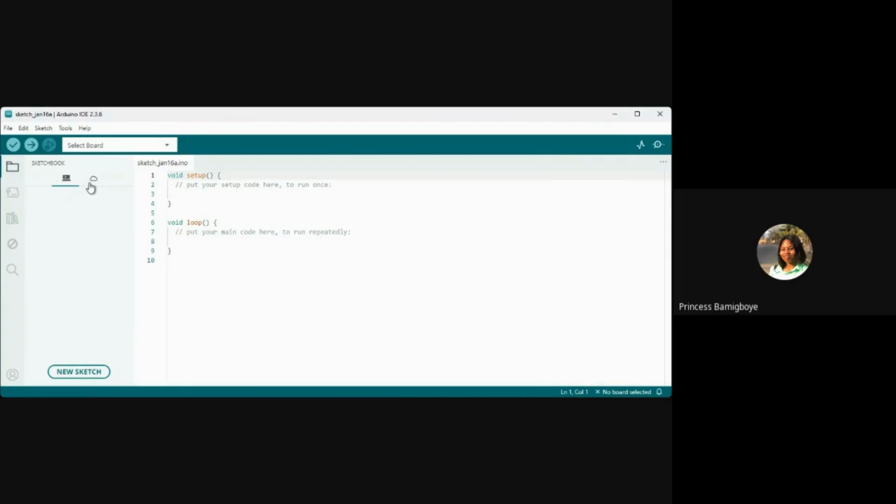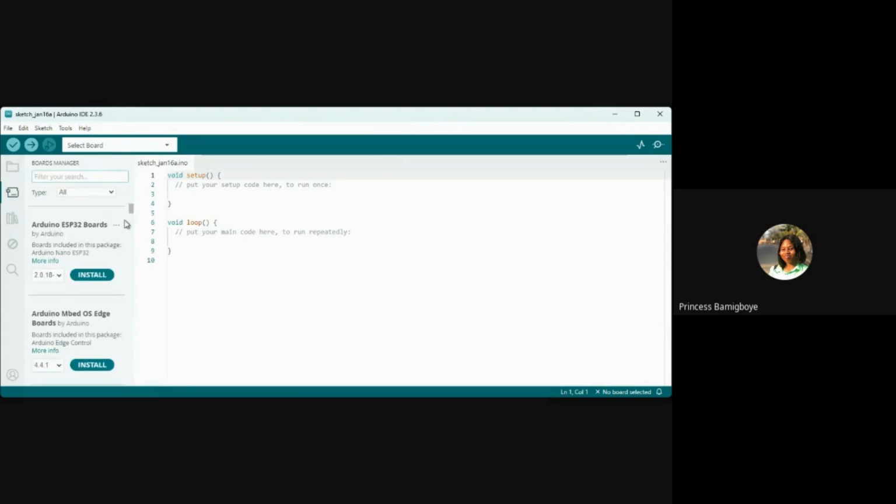Yeah, so that's what it does. Then this is for Arduino Cloud. We'll use this when we're working on IoT with Arduino. So this is for Arduino Cloud: sign in, then you see all your Arduino Cloud sketches, sync them, and all of that. Then this is the board manager.